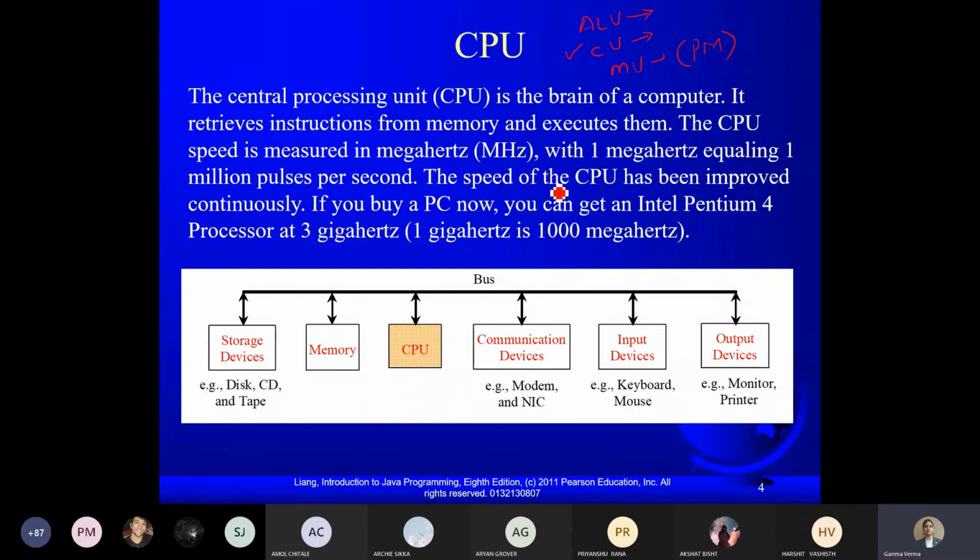So there is a particular measurement of the CPU, or you can say a metric of the CPU, that is called the speed of the CPU, and nowadays it is generally given in gigahertz. Fine. So here is an example: if you have a Pentium 4 and it says 3 gigahertz, what does it mean? 1 gigahertz is equal to 1000 megahertz. So sequentially you can convert 3 gigahertz. So what is the speed of your system?